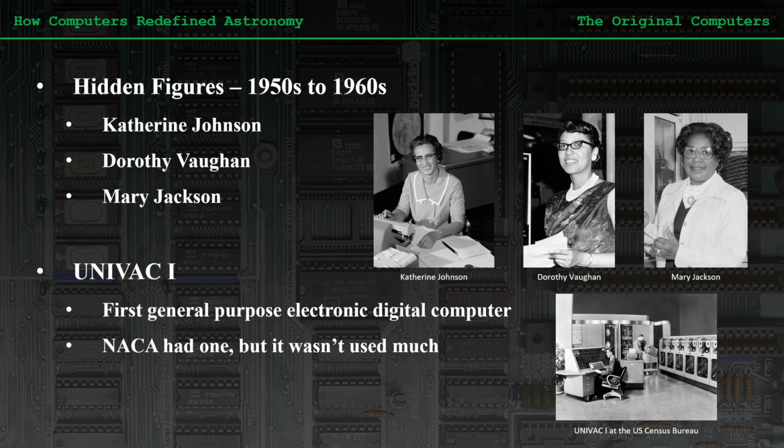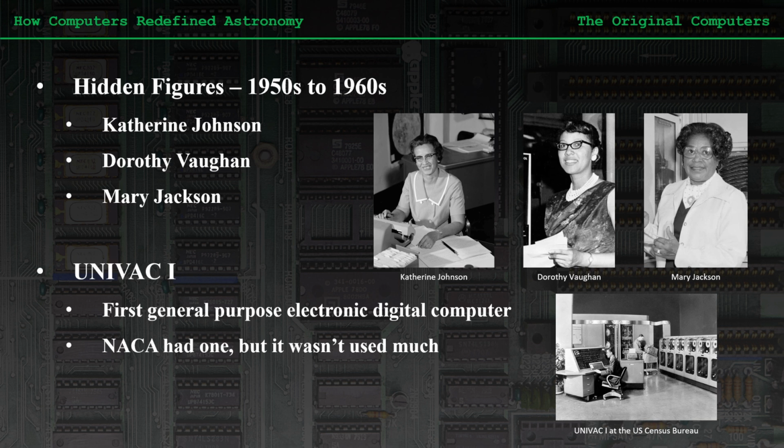Mary Jackson started as a computer and worked her way up to becoming NASA's first female engineer of color. Her work in the supersonic pressure tunnel studied airflow, including thrust and drag forces that dramatically helped improve aircraft and rocket performance and efficiency. She authored 12 technical papers for NACA and NASA. By the late 1940s into the 1950s, the first